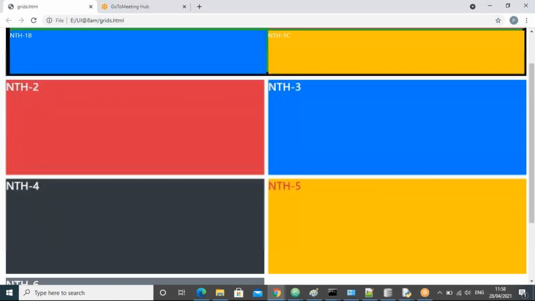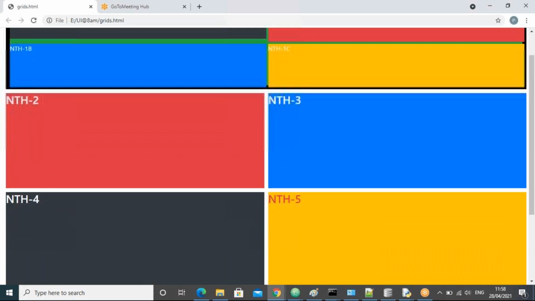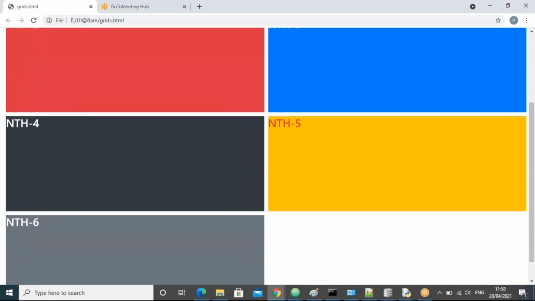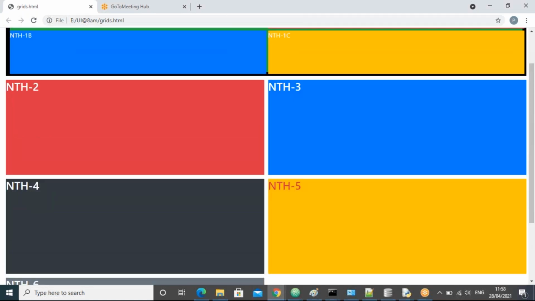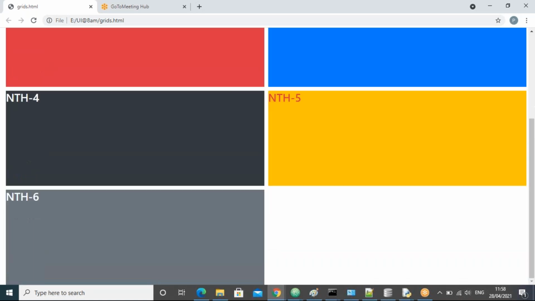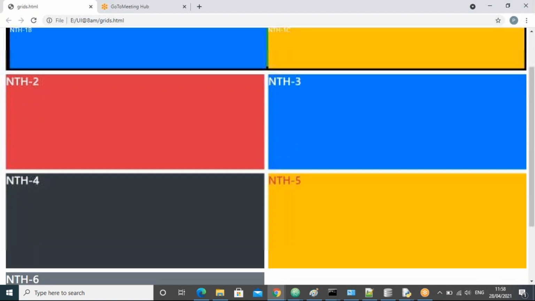So yes, guys, this is the way to create nested grids. That's fine. Now all of you observe, I want one more thing. For example, the top one, leave it.